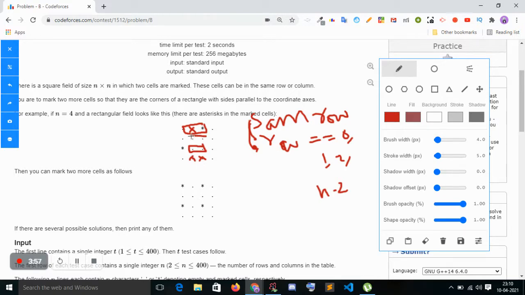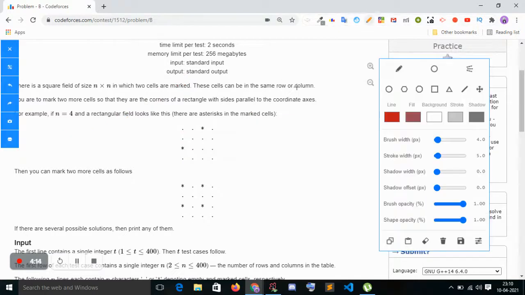But if the row equals n minus 1, meaning the last row, our two marks are here and I can't go below that because this is the last, so I should print anywhere else, for example row 0.